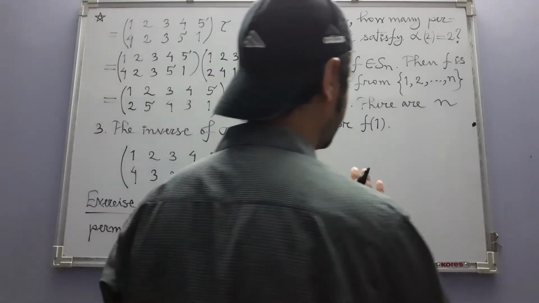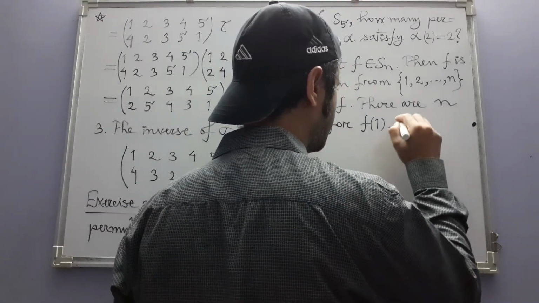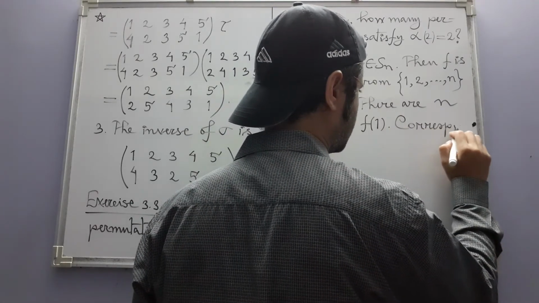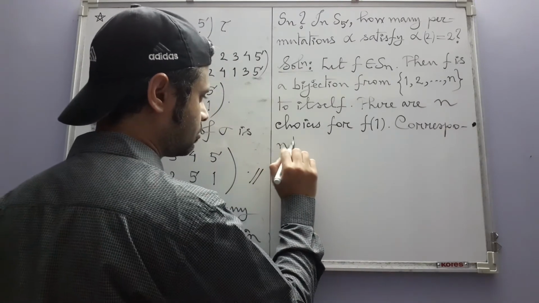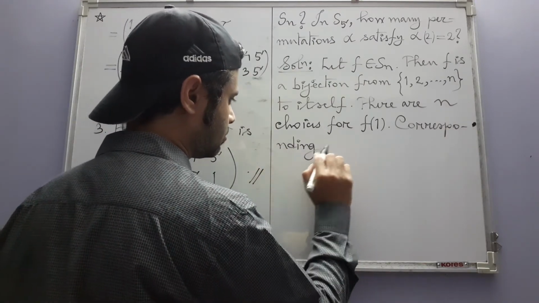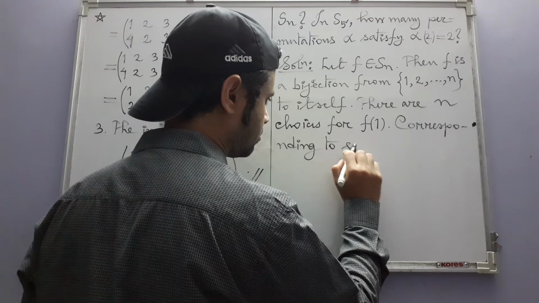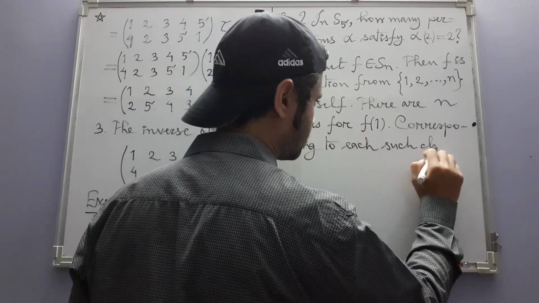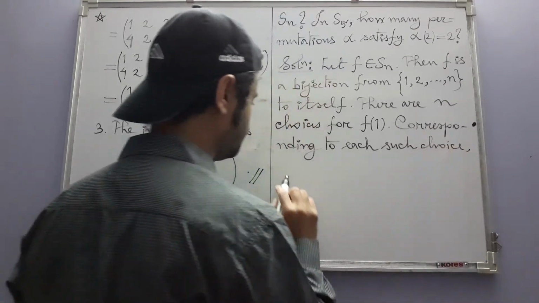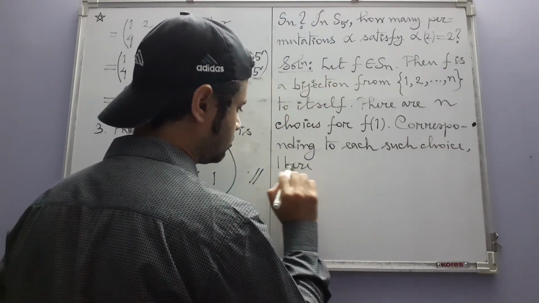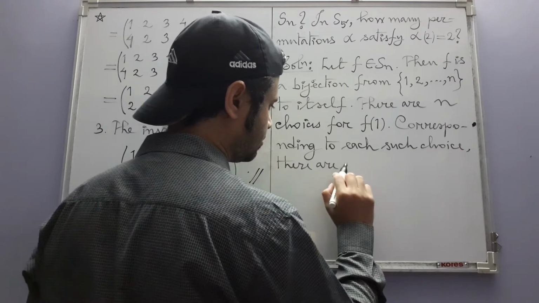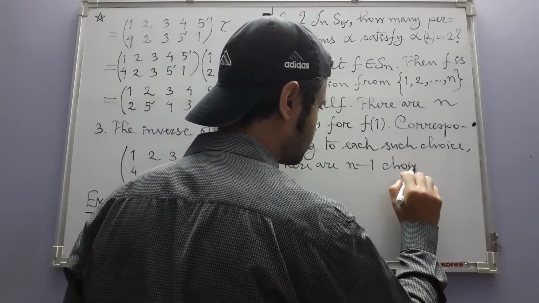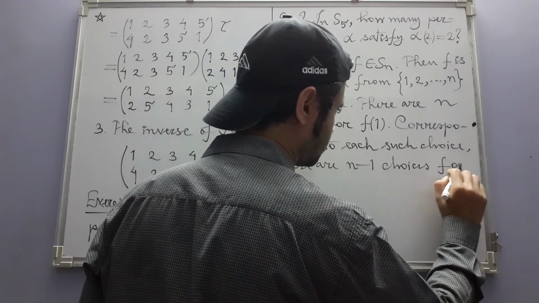So there are n choices for f of 1, corresponding to each such choice there are n minus 1 choices for